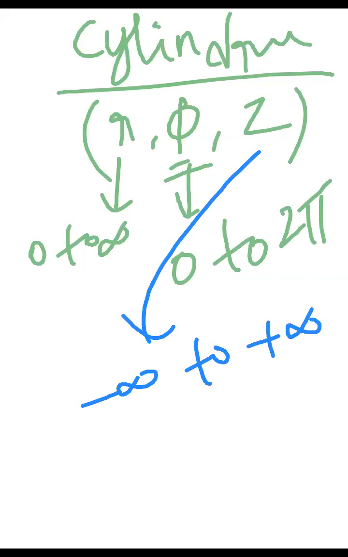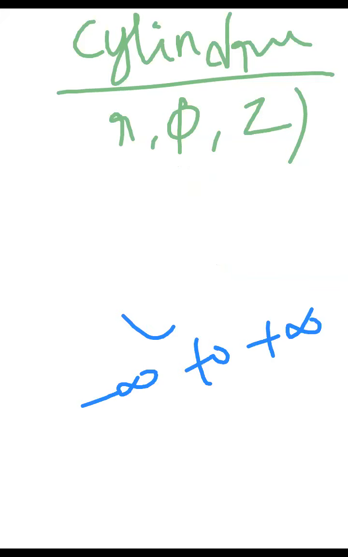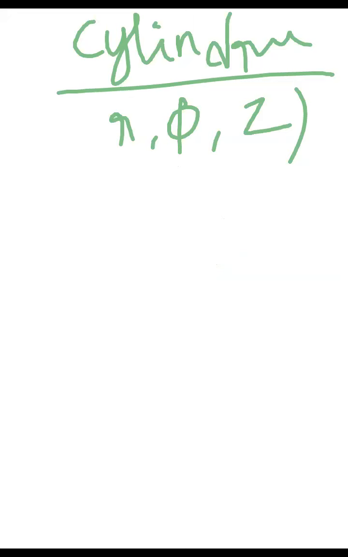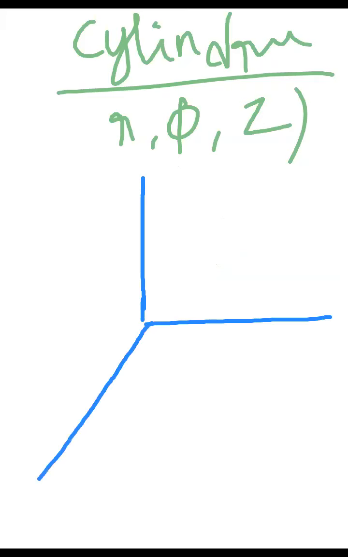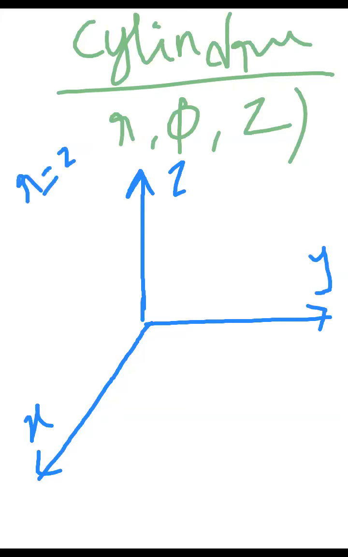So suppose I'm going to analyze one by one. R means what? Say this is the x-axis, this is the y-axis, this is the z-axis. If somebody gives you r is equal to 2, what is the meaning of that? R means radius. You have to form a circle of radius 2, in which plane?